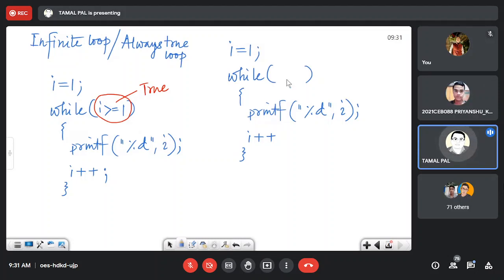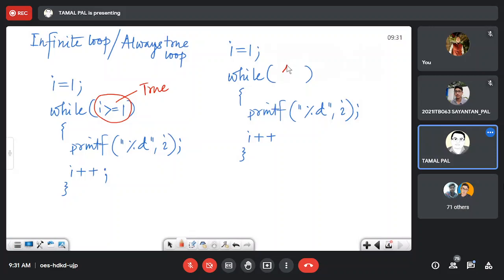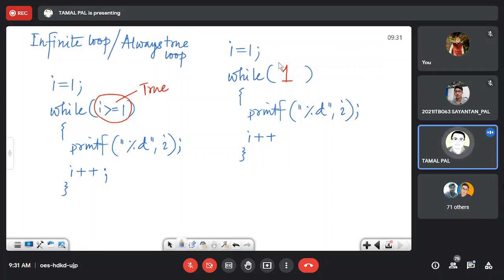Now, if I directly set 1 here, the effect will be the same, because it will never test. It will directly get the value of the relational operator here, and as a result, it will keep printing. But forgive my mistake, you should not make such a mistake in your exam.